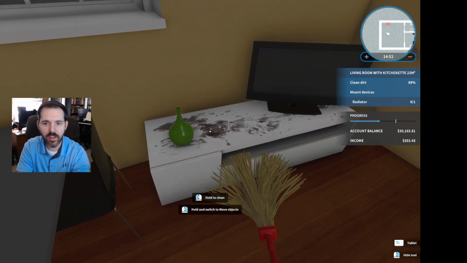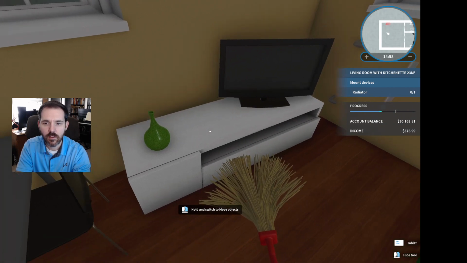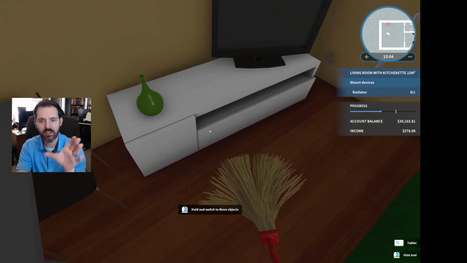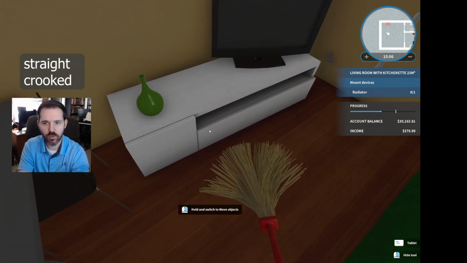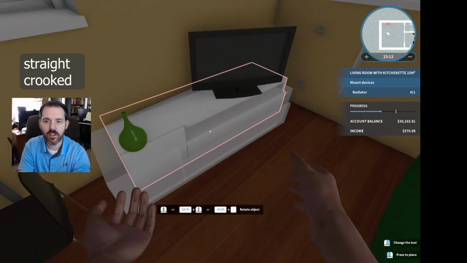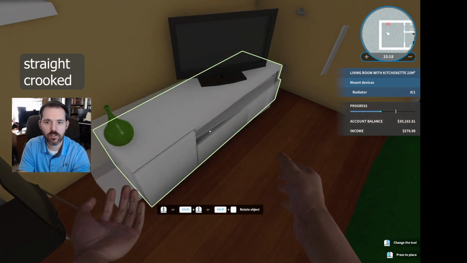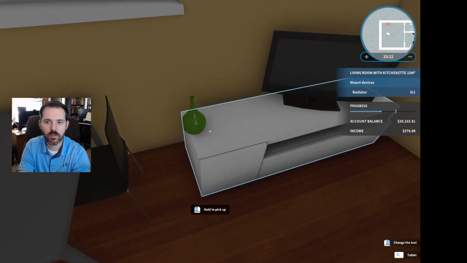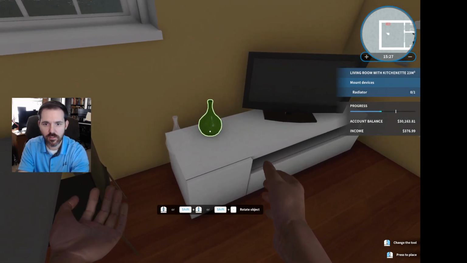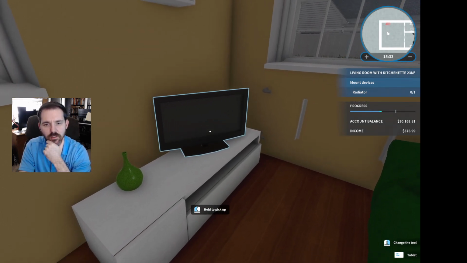All right, and now I'm going to clean off the TV table. This TV table has been moved so that it looks a bit crooked. It's not in the corner straight here. So I'm going to also move the TV table so that it is straight. Okay, and we'll straighten up this vase on the TV table. I'm wondering if the TV needs to be rotated as well.